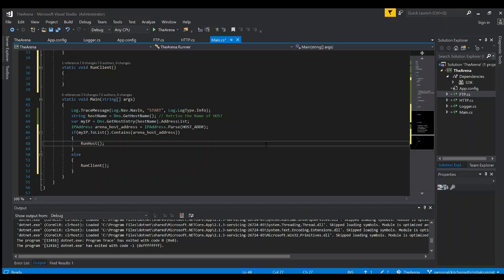One of the things I mentioned in the arena explanation video is that to make the arena distributed, we're going to have two different ways to run the arena. The first way is as a host, and the second one is as a client. The host is going to be sitting on a port